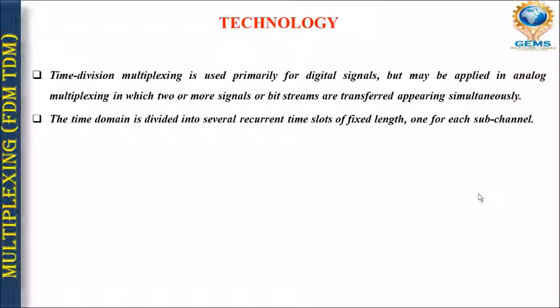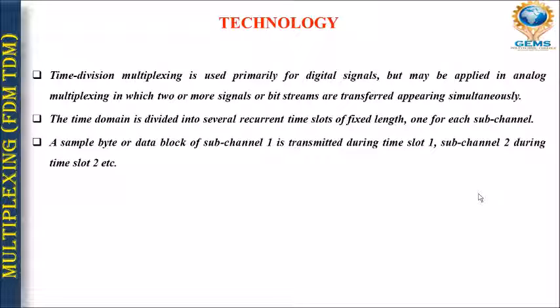Next one, the TDM is divided into several recurrent time slots of fixed length. बेसिकली टाइम डिवीजन मल्टीप्लेक्सिंग जो होता है वो टाइम डोमेन को लेकर के बना होता है, और ये टाइम डोमेन बेसिकली क्या होता है, अलग अलग टाइम्स में हम लोग एक फिक्स लेंथ का टाइम स्लॉट डिसाइड करते हैं, और ये सभी के लिए समान होता है, सारे के सारे चैनल के लिए एक ही होता है। लेट्स सै फॉर एग्जांपल कि a sample byte, अगर एक बाइट को भेजना